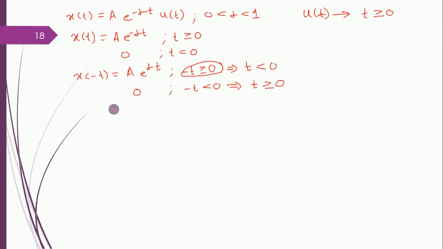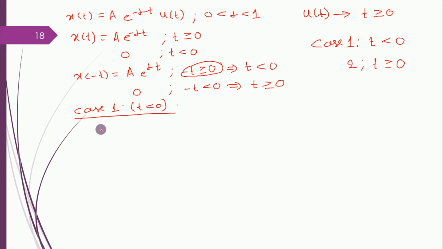So with this, I can go for finding out xe of t. Now, for finding out xe of t, I need to consider two cases. Case one is t less than 0. Case 2 is t greater than or equal to 0. So first, let us consider case 1, for t less than 0. So in this case,